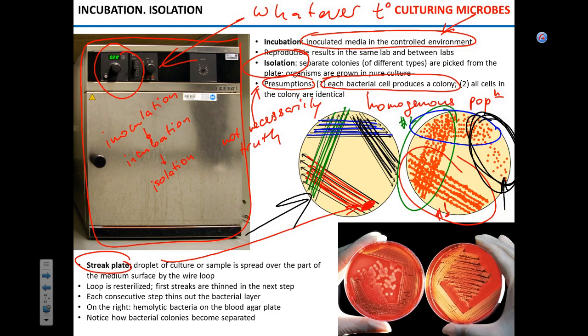Now we're going to do a lab which is going to start next week. It's a 2-week-long lab, lab number 4. Okay, it's one of the big labs. You're going to do the streak plate, and then after you isolate your specific pet, you're going to do more isolation techniques to characterize your microbe even better. Does that make sense? Good.